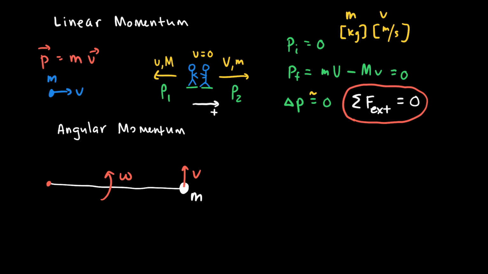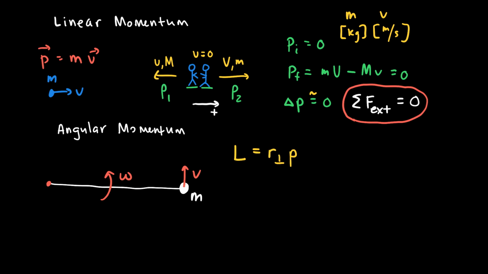Because of that linear velocity, it has an angular momentum. With respect to that axis of rotation that I've defined on the left, the object moves angularly, and because of that angular movement, it has what we call an angular momentum. We're going to define the angular momentum in this way. Angular momentum, for which we use a capital letter L, is equal to r perp